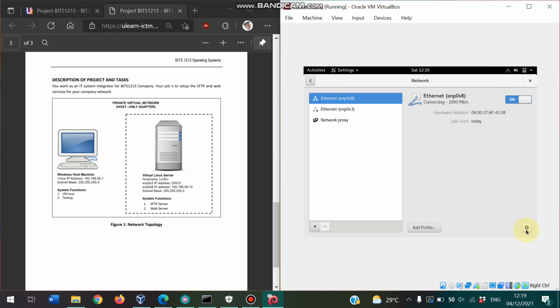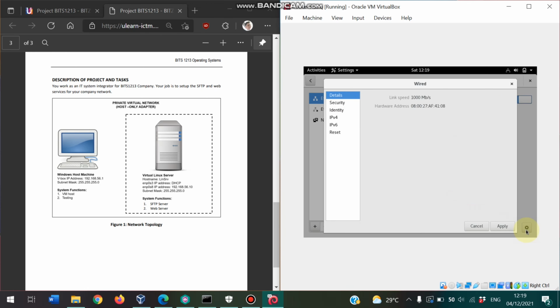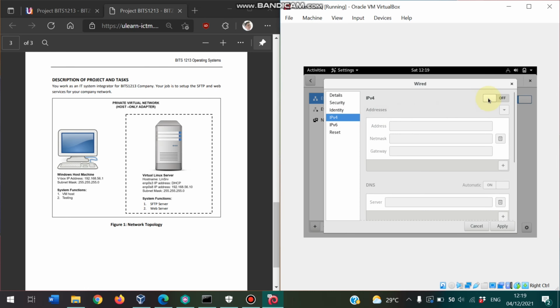Okay, and go to the settings symbol and go to IPv4. Okay, turn it on and you see the arrow here. Okay, go there and choose manual. Okay, for this section, net address, net mask, gateway, we refer to the Linux server, this one. Okay, so just follow that, the first one. Okay, just type that in